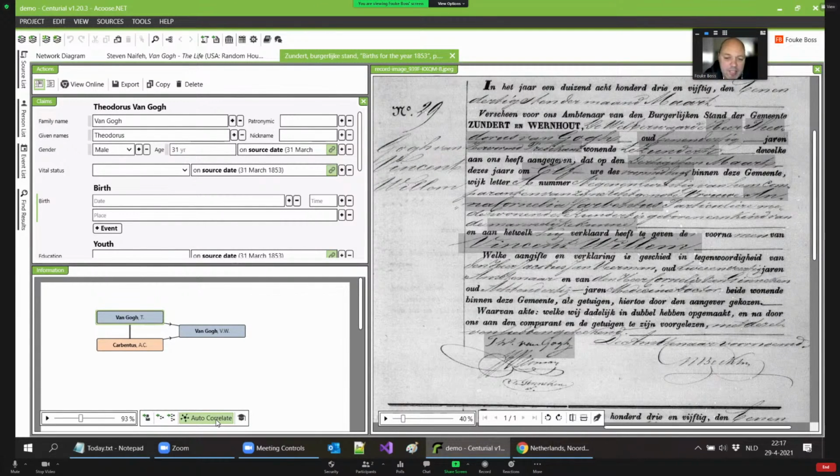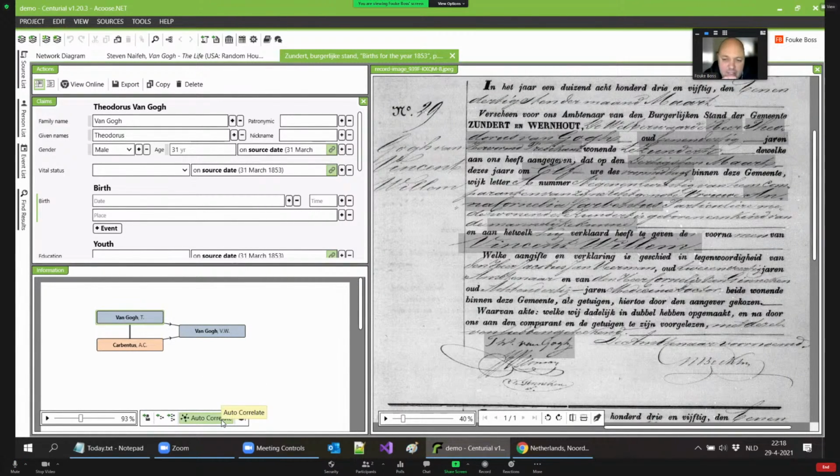But the thing is, it probably is the same guy. So let's go ahead. And if later on we find that it's not, then we can change that again. And Centurial tries to do this automatically for you, which saves you from a bit of a boring job. Based on what? Based on all kinds of things.